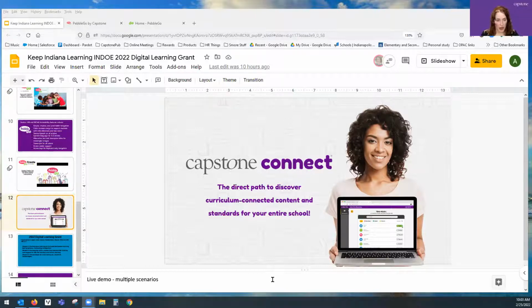So far, we've been looking at PebbleGo, the database, and all the add-on tools that are available in there. But we also have a whole library of e-content that is specifically aligned and designed to be used to help students reach standards. That format is called a Capstone Interactive ebook. They have a lot of the same features as PebbleGo. They read aloud with real human voice audio, again, simultaneous use for every student and staff member from anywhere 24/7. And they are really fantastic resources